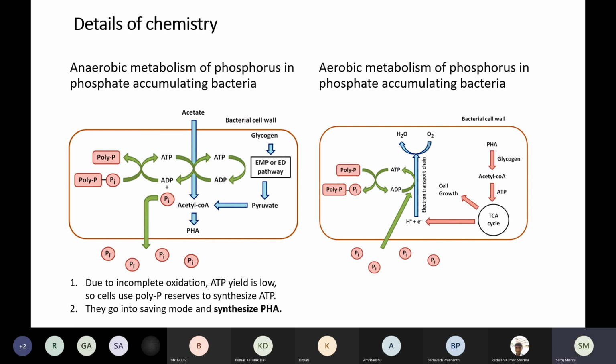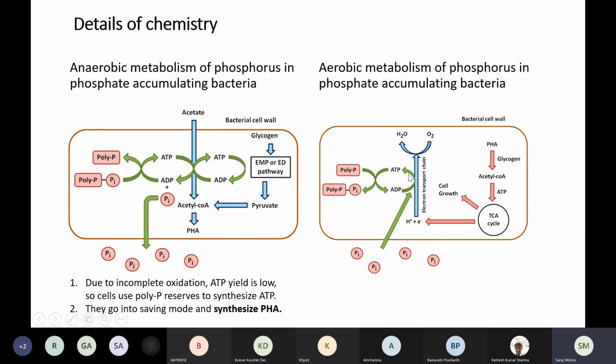Okay, so I think you now need to look at the second part, the aerobic metabolism. During this, the oxygen is available. As a result, the excess of PHA which you have accumulated during this particular stage is converted to glycogen, which is then broken down aerobically. The TCA cycle is going to operate, and at the same time,